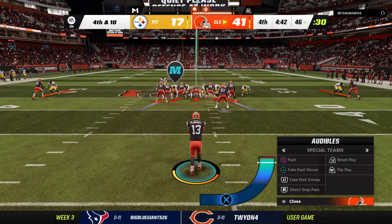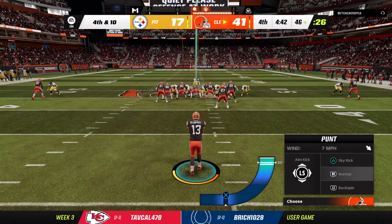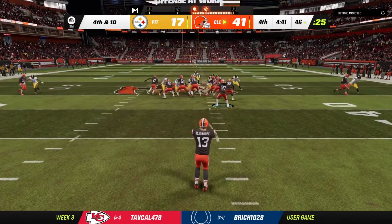Well, that will certainly make everyone involved on offense pretty happy because that gives them all a chance to pad their stats a bit. But as far as the actual...